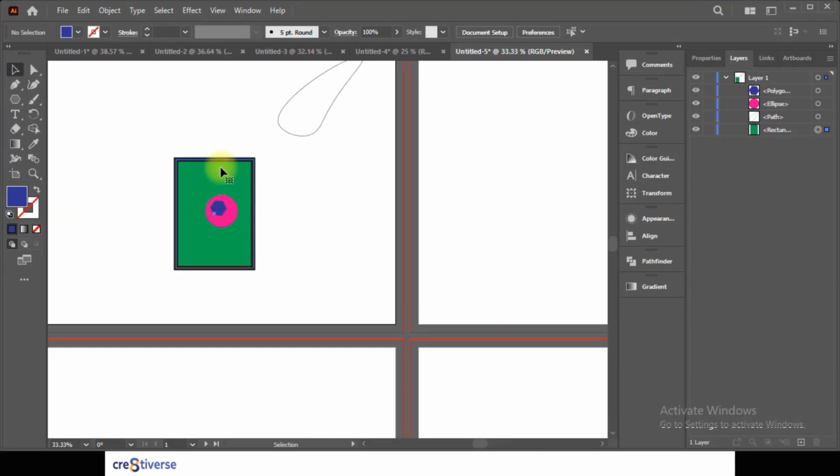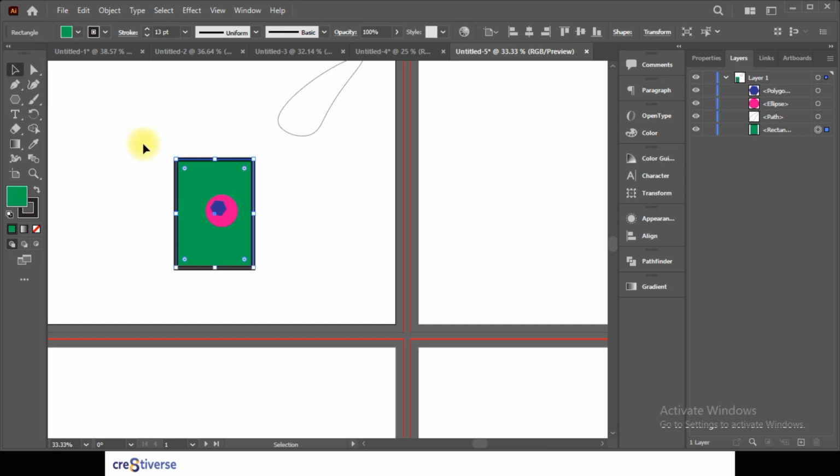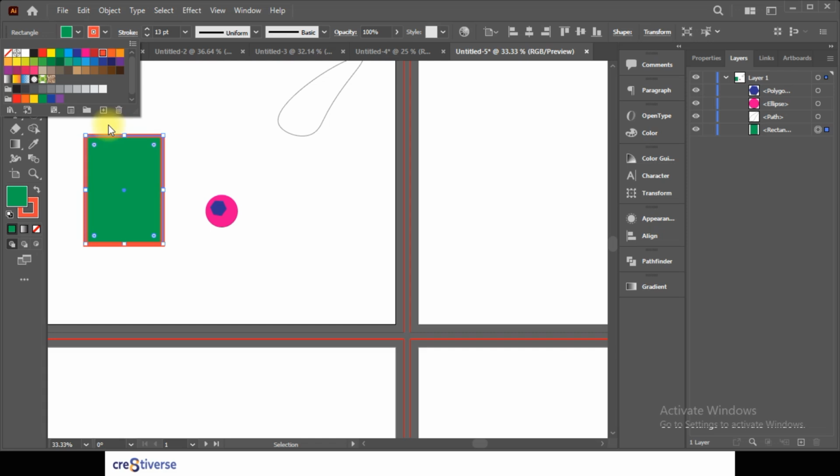For example, when you click this, if you observe, we have fill and stroke, right? Now what's the fill? The fill is a color, the primary color of an image or of a shape, and a stroke is the outline, or the color of the outline, of that shape. Take for instance, we have this, right? If I change this, I'm changing the stroke, or outline. And if I change the fill,